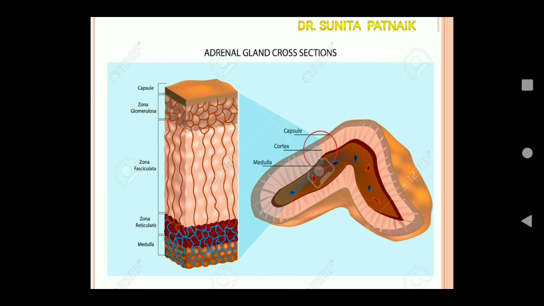As you can see here, the three layers in the adrenal cortex region secrete many hormones called corticoids, and they control several vital body functions like regulating the ionic and water balance. Aldosterone is one of the main mineralocorticoid hormones, which acts mainly at the renal tubules and stimulates the reabsorption of sodium ions and water, and also helps in the excretion of potassium ions and phosphate ions.